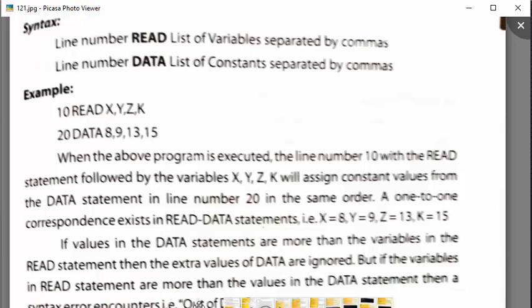It will show you this message. And when there are fewer, let's say READ has X, Y and Z only, not K included, and DATA has 8, 9, 13 and 15, then when this is executed the 15 will be ignored because it is an extra value.